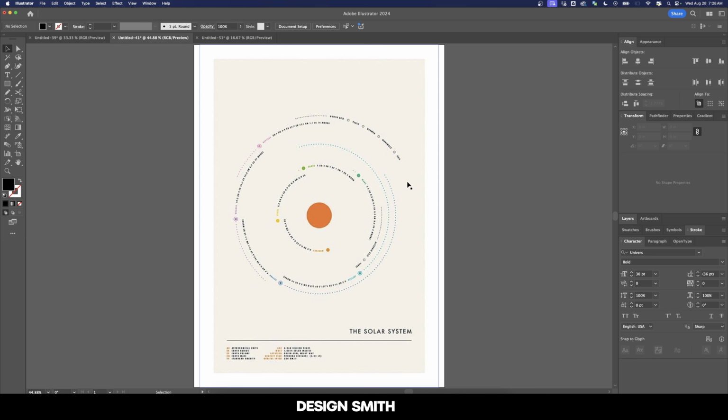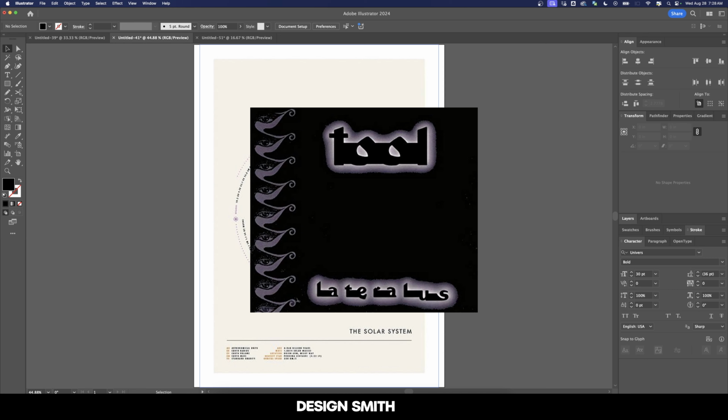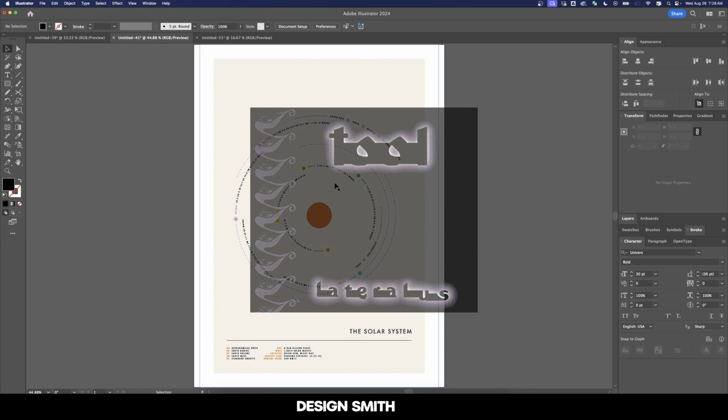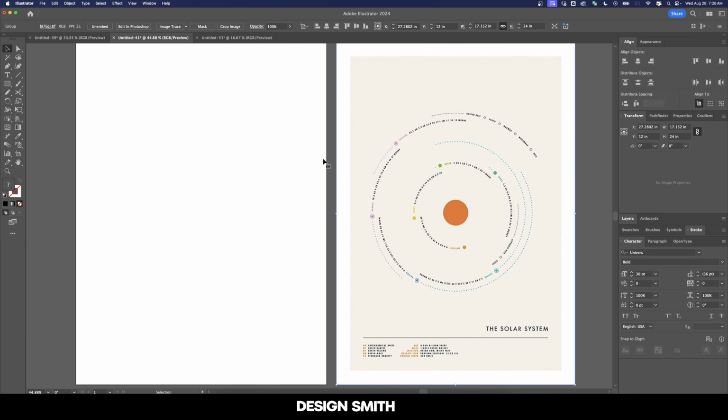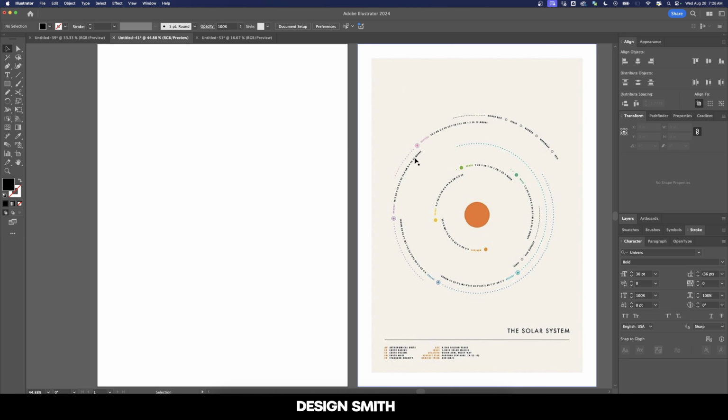Now this is visualizing the solar system, but I am going to use Tool's album Lateralis, because we can easily do the same exact thing that they're doing in this poster, but we can turn it into a spiral. So first thing I'm going to do is move this over here. We'll just keep it over here to the side so we can use it as a visual. We don't really need to lower the opacity or lock it, so I'm just going to come right